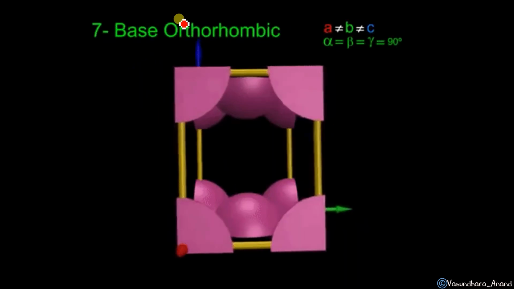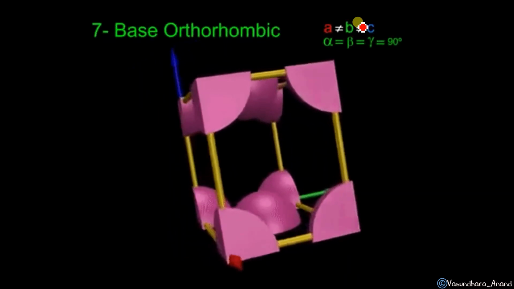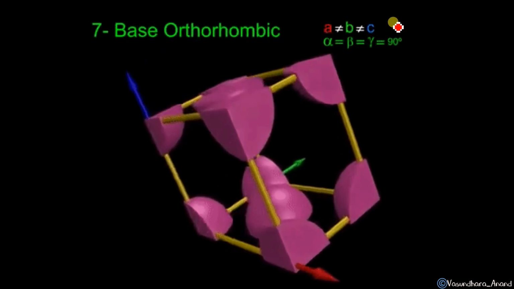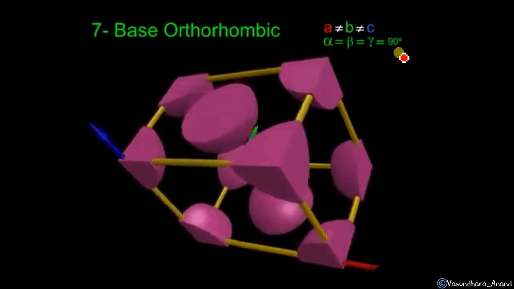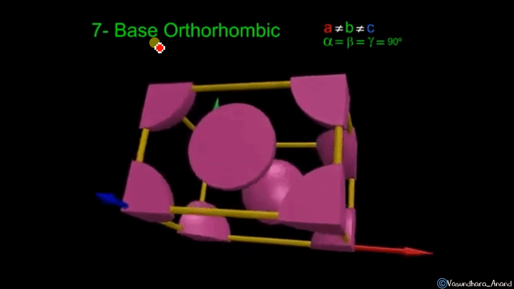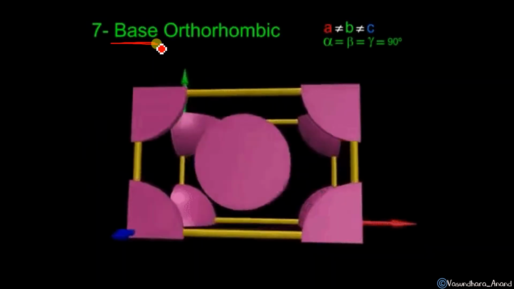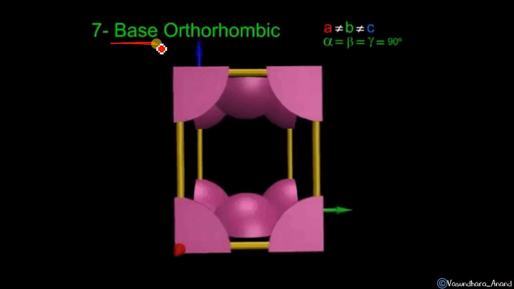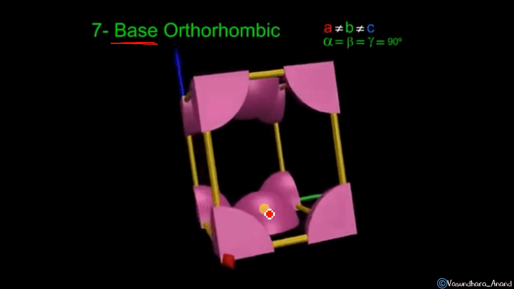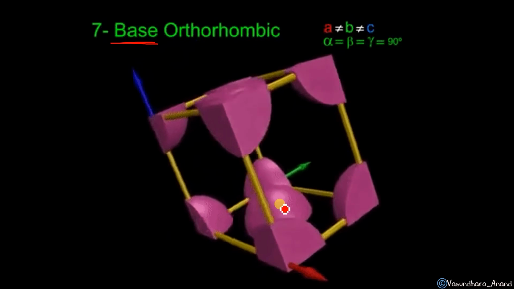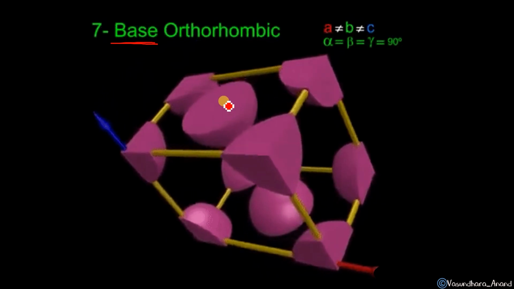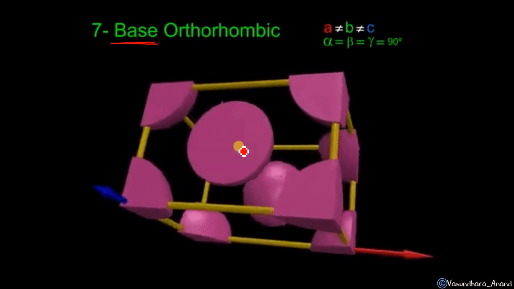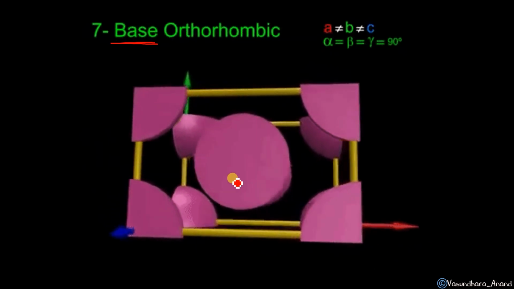Okay. Next is base orthorhombic. Orthorhombic का मतलब वही होगा, A or B or C, all the sides are not equal, but the angles are the same. But here I have used the base. That means at 2 faces only, which are at the base. We can say that the base one. Okay. So वहाँ पे particles होंगे. Got it? Only at 2 faces, upside and downside. We can see this is downside, this one is upside. Okay. Along with the corner, only at the 2 faces, upside and downside.